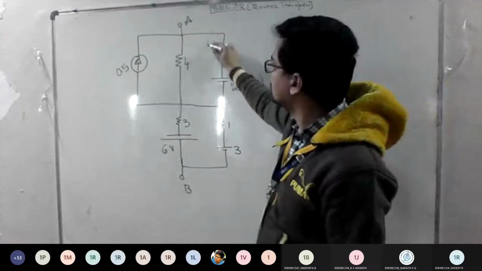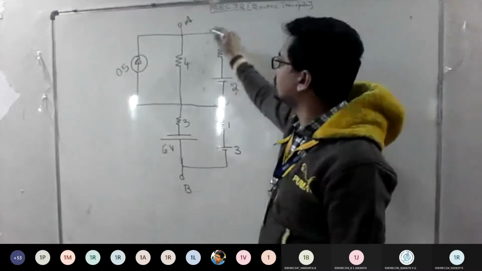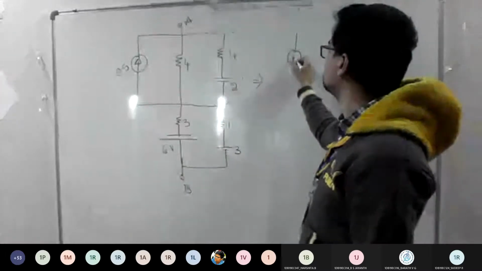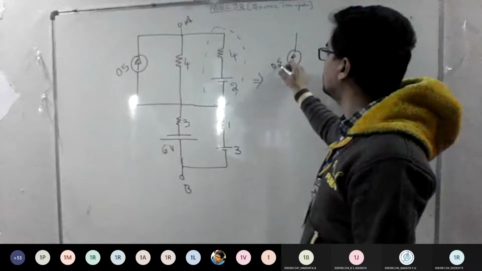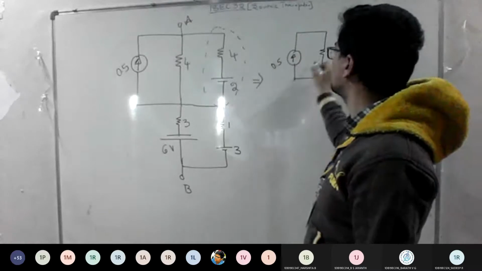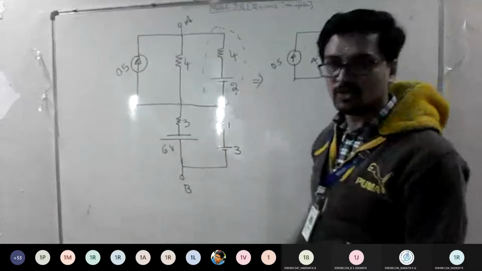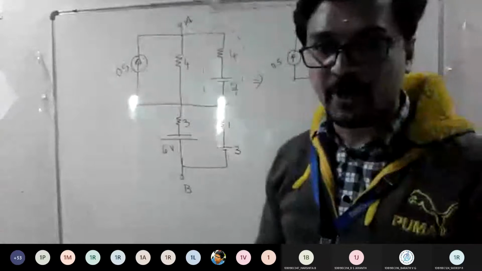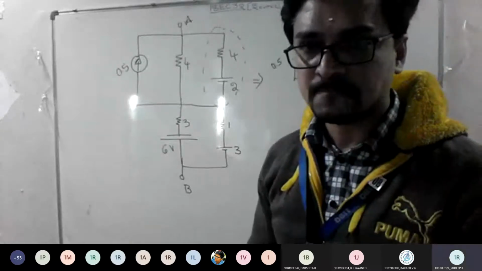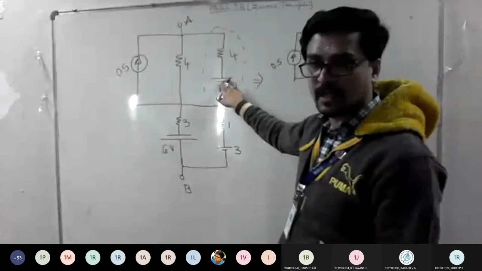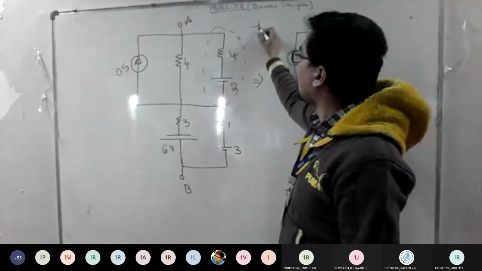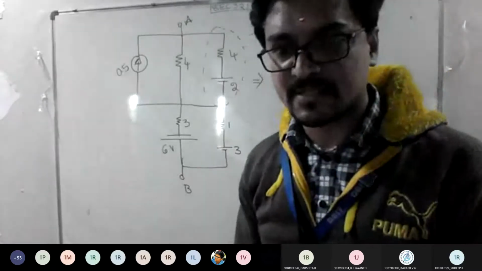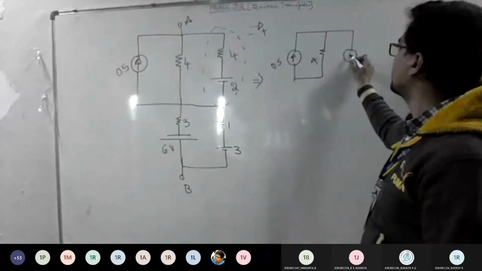So let me convert this to a practical current source. Stick with the procedure. So 0.5 is there, and this 4 stays as it is, so there is no change with this. Now tell me how to make this into current. I will write the current source symbol. Should it be upward or downward? Upward. Why? Because positive is upside, negative is downside. I told you clearly, right? The arrow head indicates plus and the tail indicates minus, so the sign is up. Because of that, I can write the symbol here.